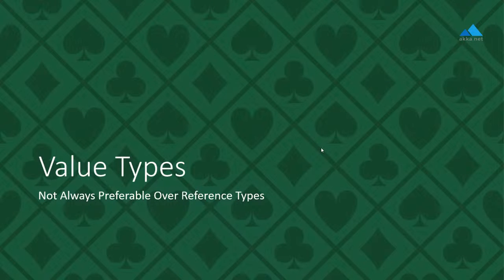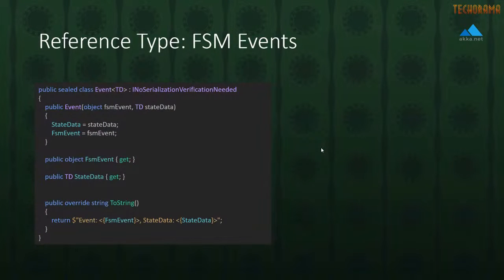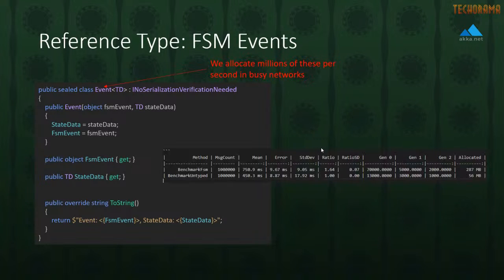Now, value types are another interesting area where we can make some pretty significant performance improvements in Akka.NET. For instance, this is a reference type that in Akka.NET 1.4.43 existed inside the finite state machine class, which we use for managing things like Akka.Remote. I noticed we allocate millions of these per second, and these are all really simple reference types that get used in a very tight scope inside our FSM actor.